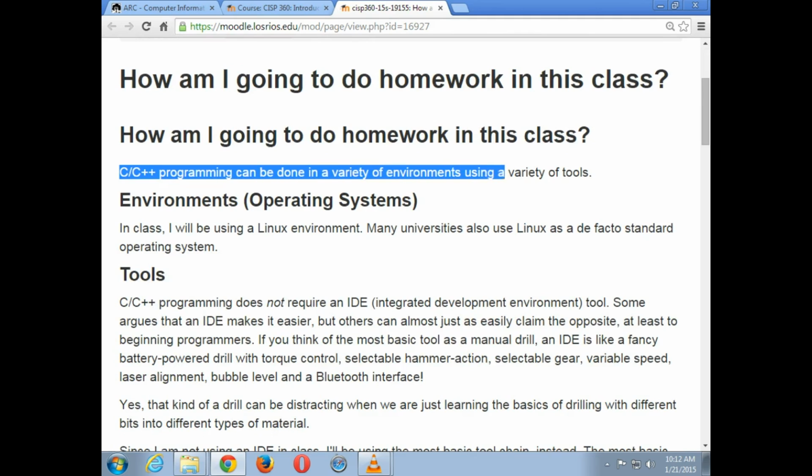C and C++ programming can be done in a variety of environments using a variety of tools. Depending on which class you're taking, you're taking it from me, but if you talk to other students who take this class from